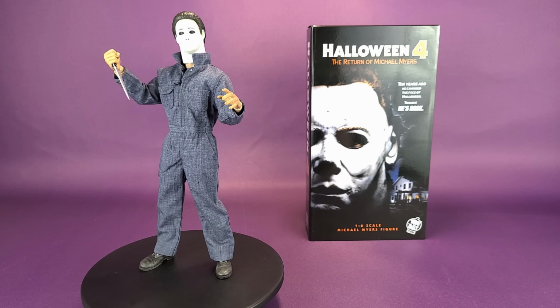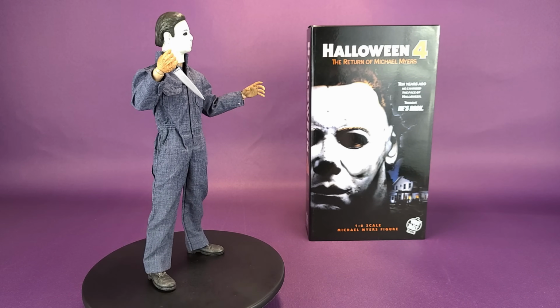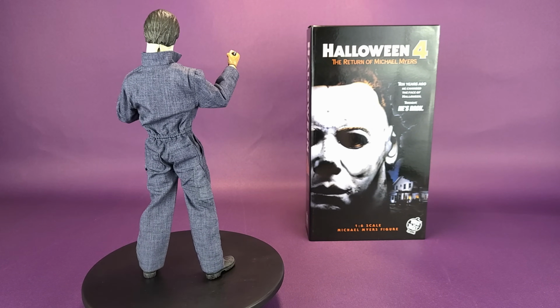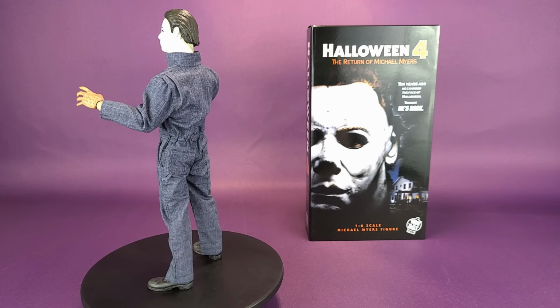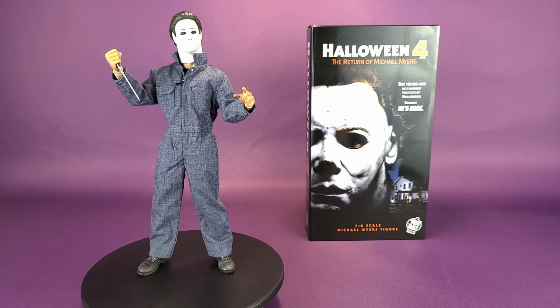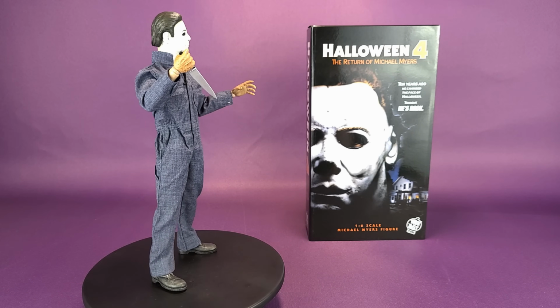While the Part 4 mask may be one of my least favorites, sitting below, I'm sure, Resurrection, Halloween 4: The Return of Michael Myers, however, is my favorite of the franchise. Laurie wasn't in it, no. Jamie was in it, yes. And she played the niece being chased down by Michael Myers, stalked through Part 4, Part 5, and to some lesser extent, Part 6 as well. With, I'm sure, the success that they had with the 78 release, Trick or Treat Studios continues their trend of releasing 6-scale versions of Michael Myers, skipping over to...